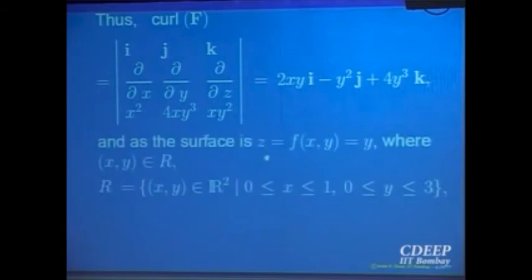Okay. What is the surface? That is a plane, z is equal to y. Explicitly, if you want to represent it as z is equal to f(x,y). And what is the projection? Where do x and y vary? Right? x varies between 0 and 1. y varies between 0 and 3. Projection onto the xy plane. Right? So that is the region from where you are going to lift your thing.